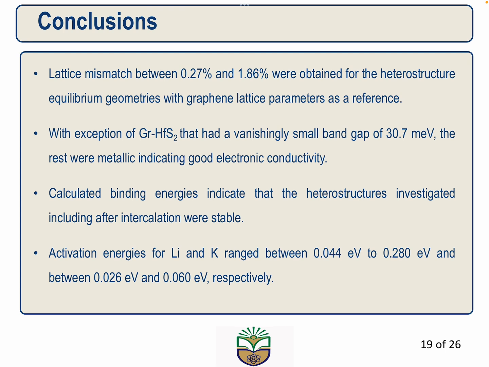So the configuration that was used for this study then happened to be the one that had the graphene parameters as reference. We also found a vanishingly small band gap of 30.7 millielectron volts in one of the systems, with the rest being metallic, and this was an indication that our material would be able to carry